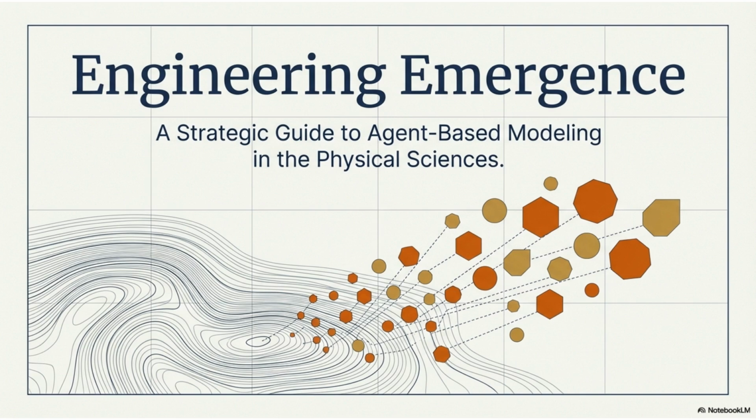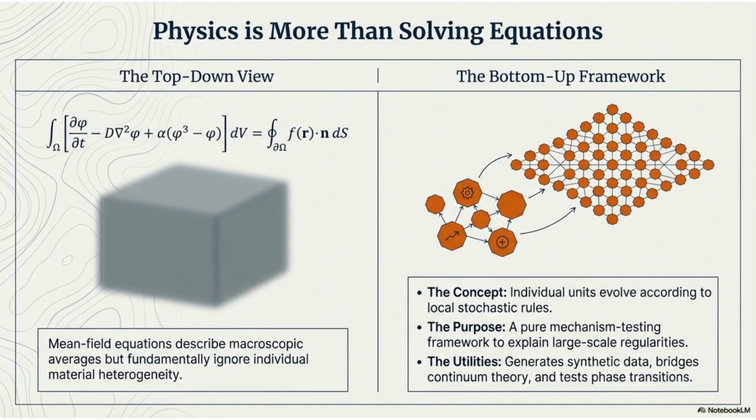Welcome to Engineering Emergence, a strategic guide to agent-based modeling, or ABM, in the physical sciences. Physics often uses a top-down view with mean field equations describing macroscopic averages. However, this ignores individual material heterogeneity. The bottom-up framework of ABM, in contrast, uses local stochastic rules to explain large-scale regularities, testing mechanisms, and generating synthetic